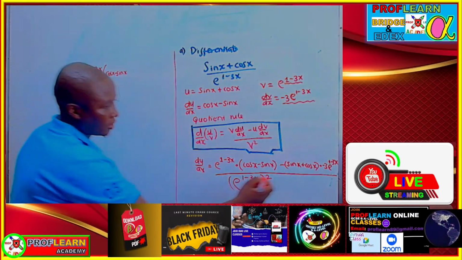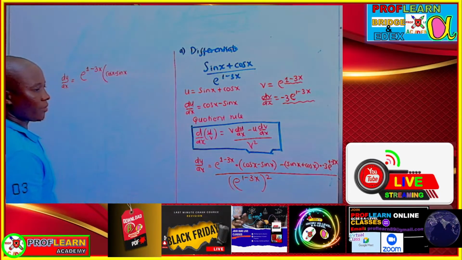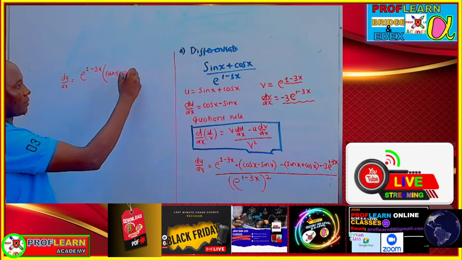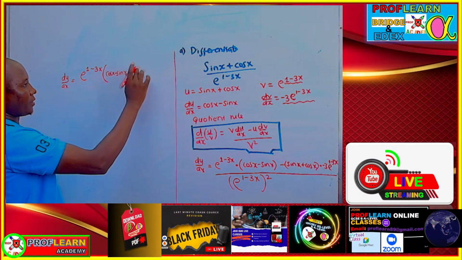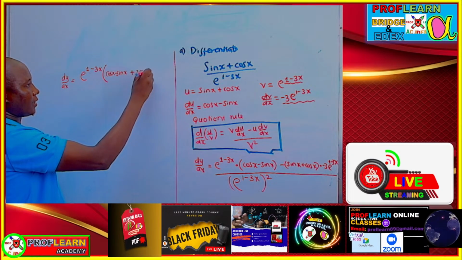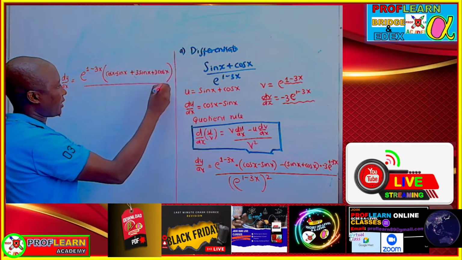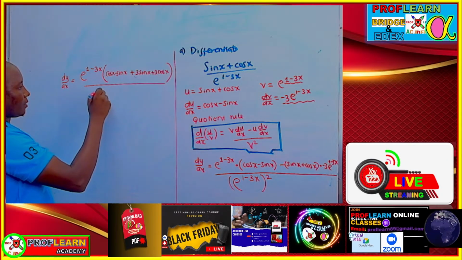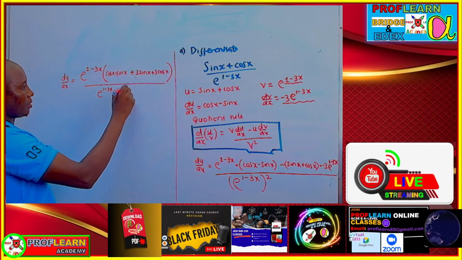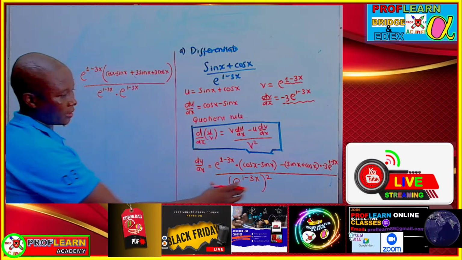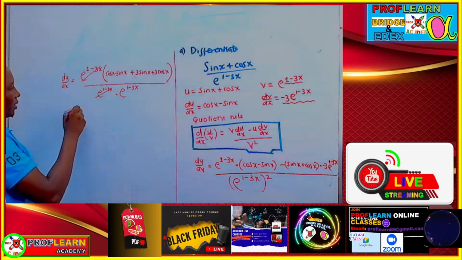And of course, because I have minus 3 here, this part here is going to be positive. So I shall have plus 3 sin x plus 3 cos x. Then I can divide everything by e to the 1 minus 3x times e to the 1 minus 3x. Because this is squared, that is why I'm having that, so that I can cancel these two together. And then we end up having dy